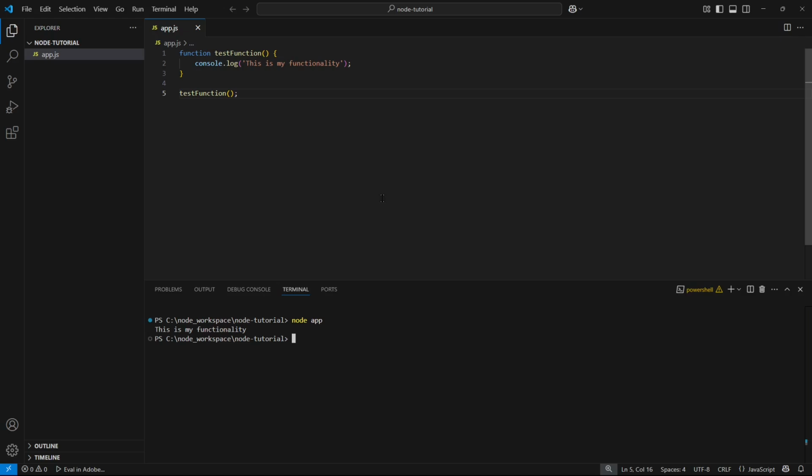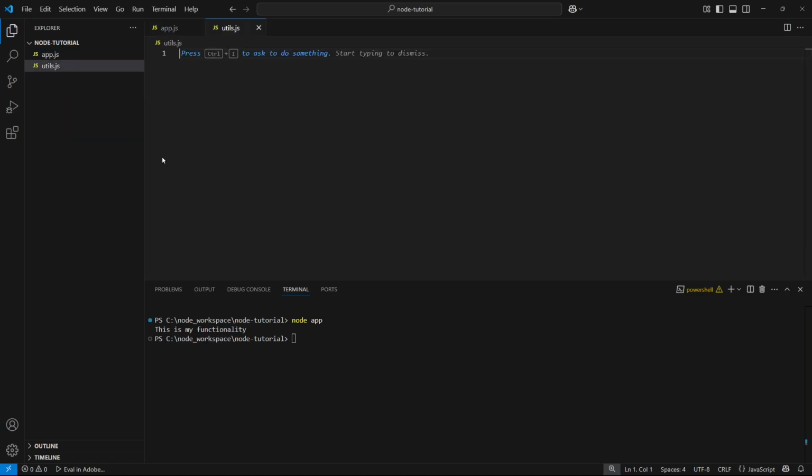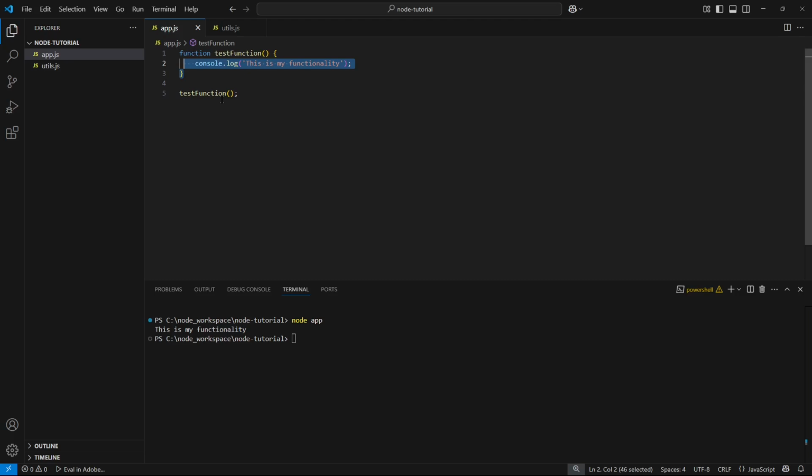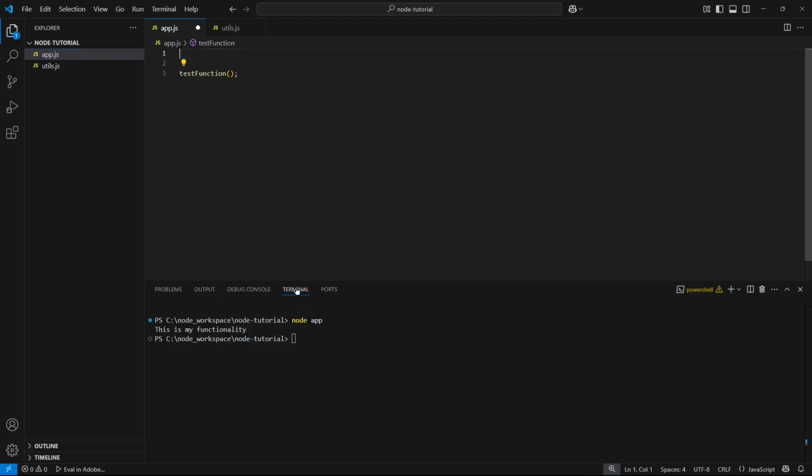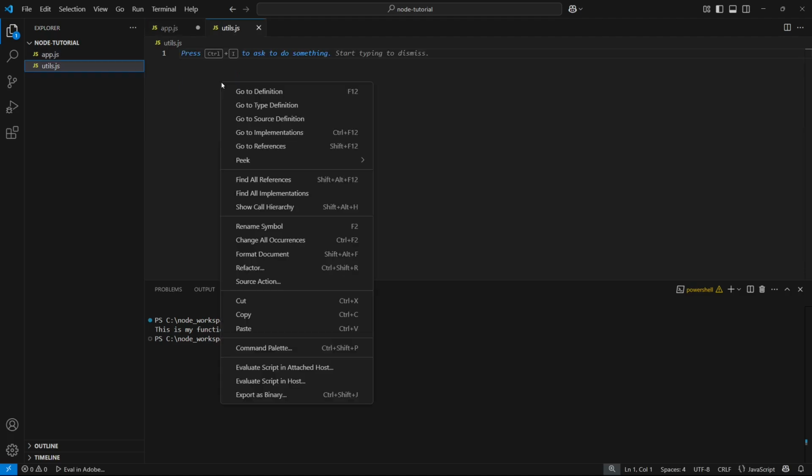Now, let's say we want to structure our program differently. We want the functionality to reside in one file, while the usage of this functionality takes place in another. So, it's time to create our module file. A module is fundamentally just a JavaScript file, so let's create one. I'll name it utils.js, and this file will house our functionality. Here, we'll write the code that can be used in other files. The functionality we're talking about is our test function, so let's move it from app.js to our new module file,